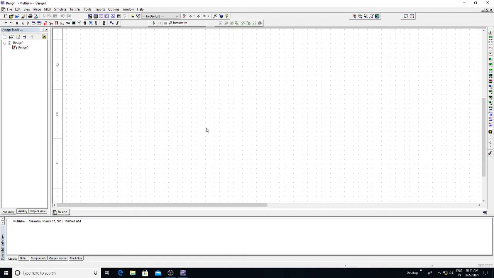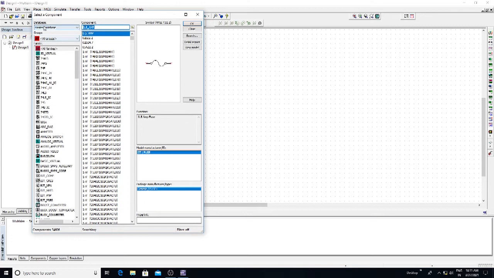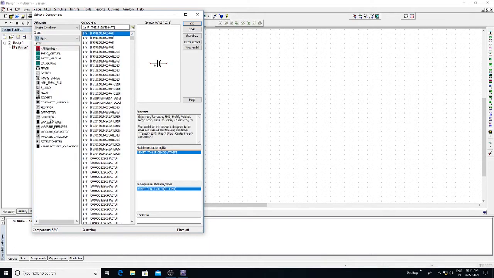In order to take the components, go to Place and click on Component. Here we have a database and a group, all groups, where if you click here, we have sources, basic, diodes and transistors. If you click on Basic, you will get all the resistors, capacitors, inductors and variable resistors.